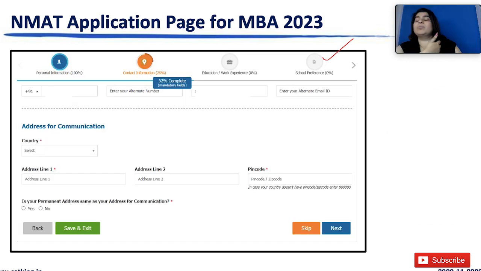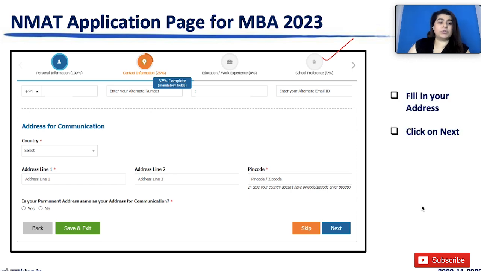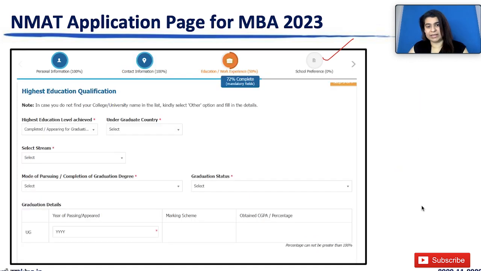Coming to the next is going to be my communication. Like I told you before, communication में email ID, phone number is very important. Same lines, your physical address is important. Usually they do not send any physical communication now. Earlier we used to get our scorecards and admit cards through courier as well. But correct current address भेजना, जहाँ पे you can collect anything if in case something is required from that perspective. Okay, so you put in your complete address, move into the next section, and now we come to our education